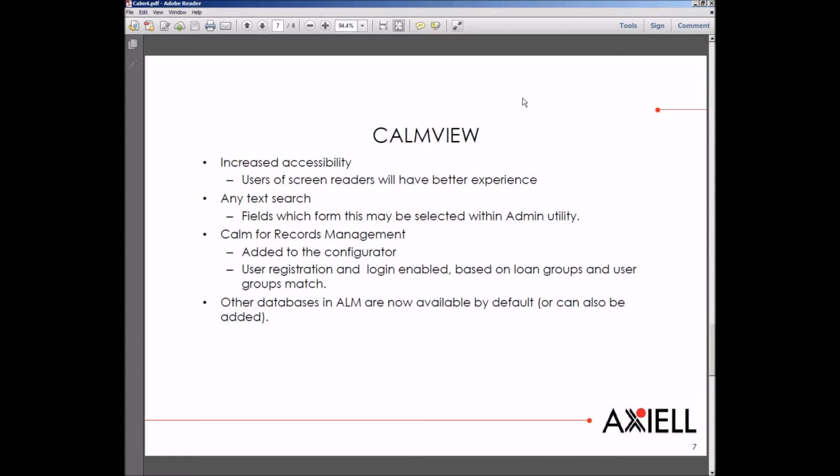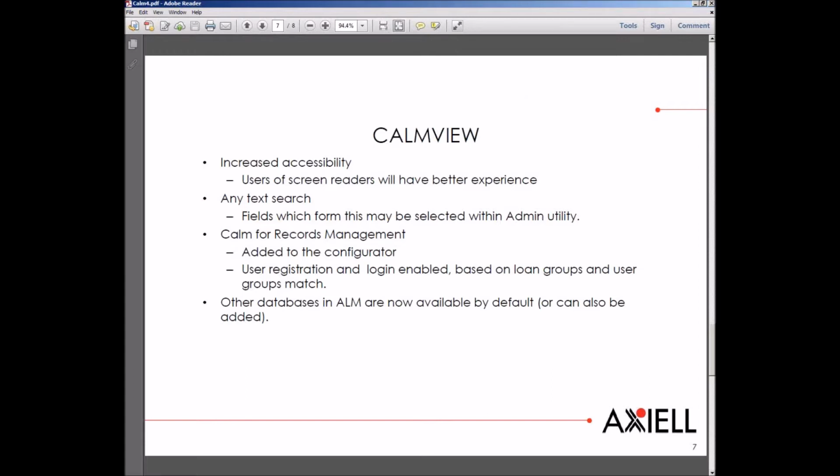Now, as you'd expect with RNIB, they have some quite specific rules about accessibility in terms of disability guidelines, in terms of working with screen readers. So we made some changes on the guidance with them to increase some of the accessibility options, so that use of screen readers, for example, will have a better experience. We're quite pleased that actually when they did the initial testing of CalmView, it ticked very, very many of the boxes that were required. So we're very pleased with the out-of-the-box experience of